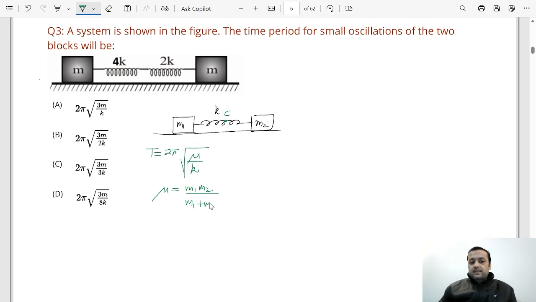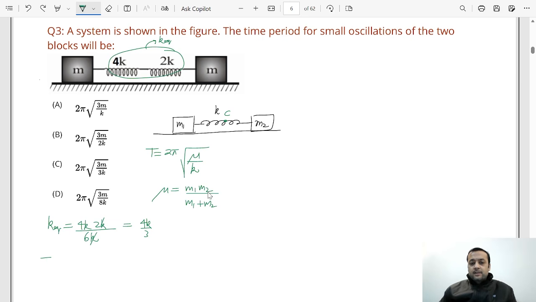Okay, now look here, the idea is that these two springs are in series. So if I want to find the K equivalent here, the value of K equivalent can be written as 4K into 2K divided by 4K plus 2K. That means that will become 6K. So if you see, this becomes 4K by 3. This is the value of the K equivalent, and time period we can write as 2 pi root of,